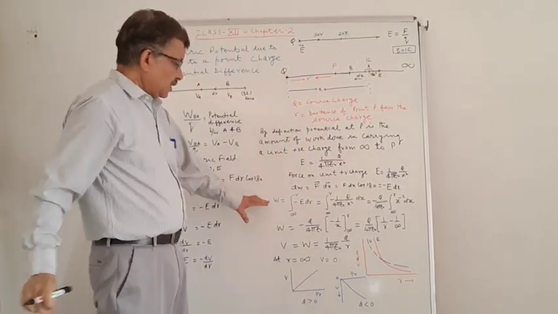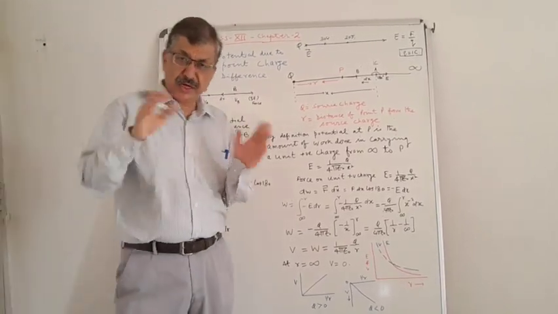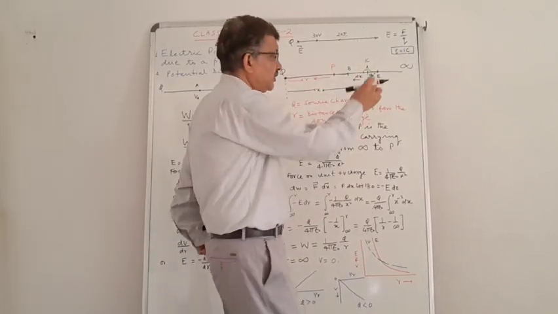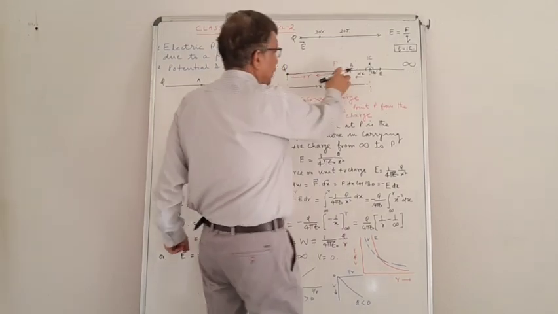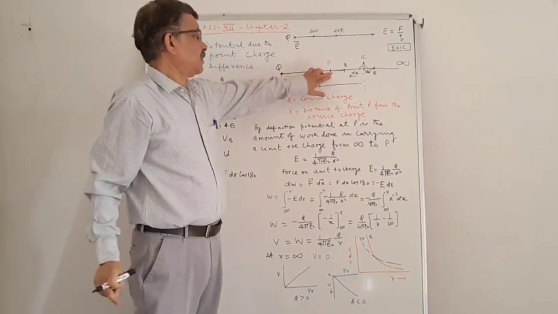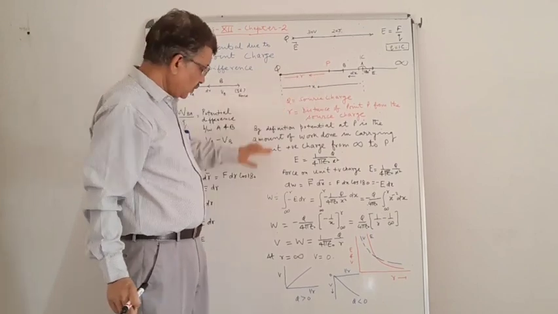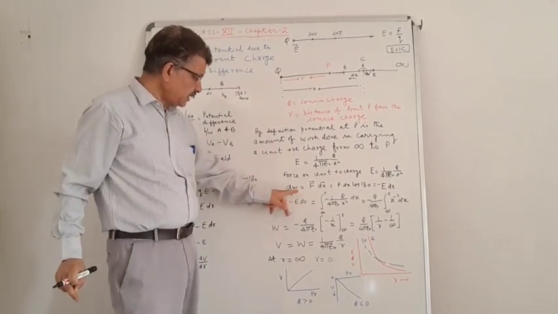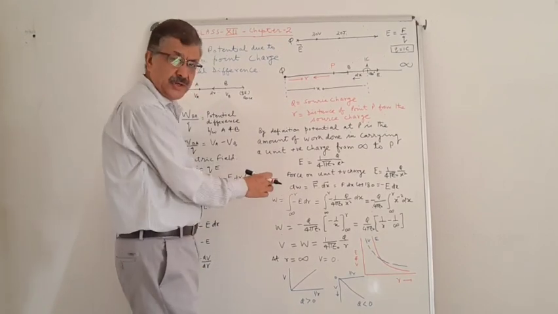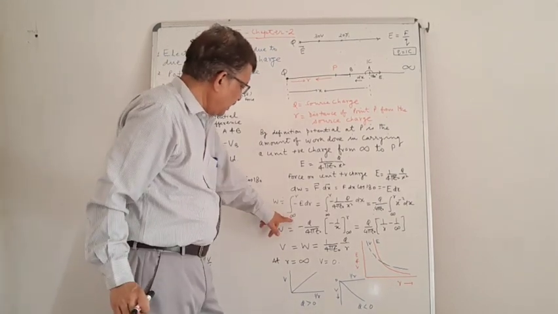Now we have to calculate the total amount of work done in bringing the unit positive charge from infinity to a point P, whose position coordinate with respect to this Q is R. So we have to integrate this expression within the proper limits. So now dW has to be integrated within the proper limit. So W is equal to, from infinity to R,